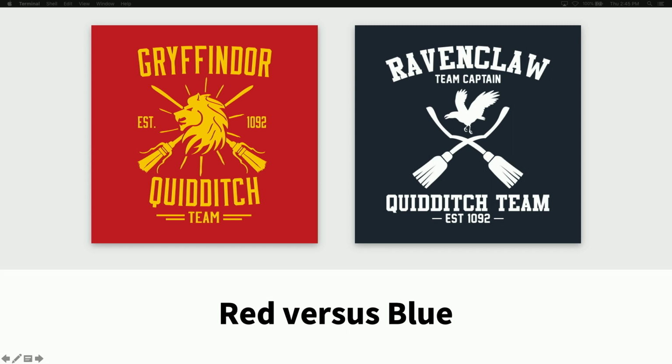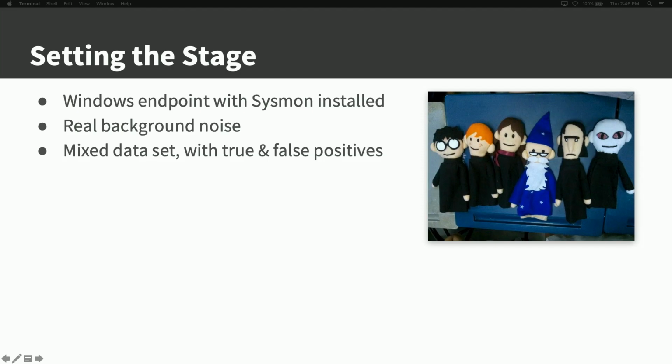And so what we wanted to do was an exercise to test some of our theories: give Ross a data set that he had not seen before, and see if he could use EQL to uncover a novel threat that I introduced into that endpoint. So what was going on with this workstation, we kept it small to really focus on the power of the language. But essentially we have an endpoint with Sysmon installed with Windows. We feel like it's a very good way to start learning how to express endpoint telemetry relationships for processes and